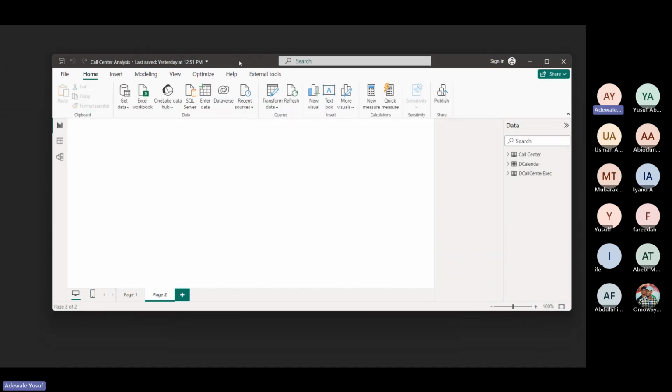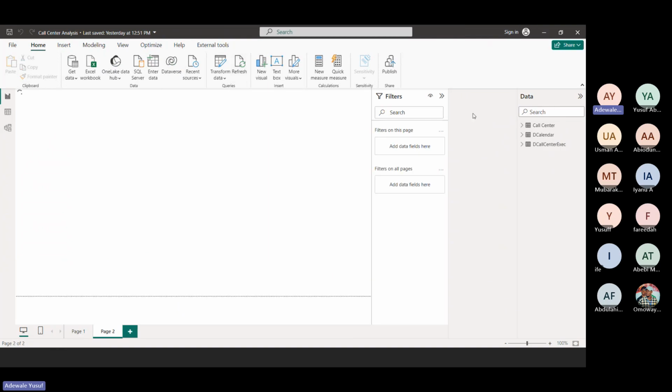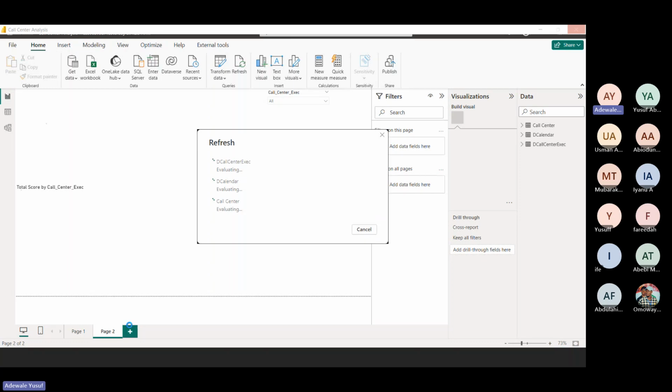I already have data inside this dashboard, so I can just build one or two reports so you can see how visualization is done. Let me go to a new page.